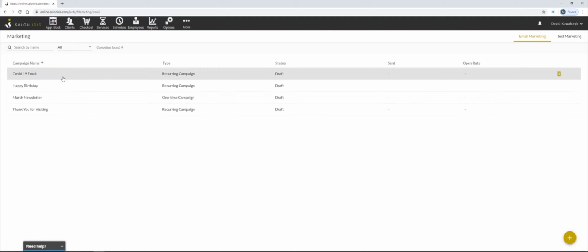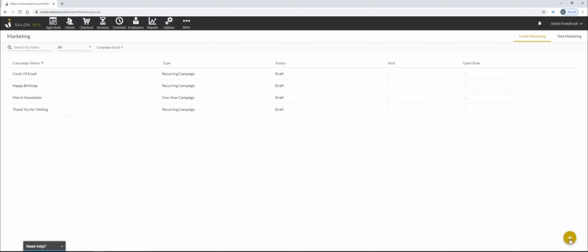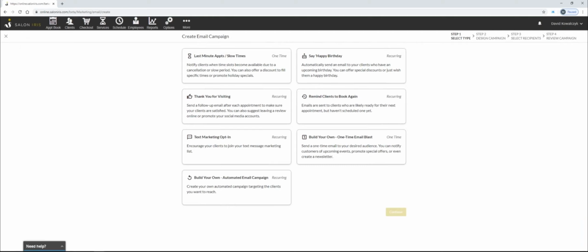So I've already kind of drafted up some emails for the sake of the webinar. However, I would like to address those and know how to edit those and go through the motions and complete those. Now, if you needed to add a brand new campaign, we would just click the plus sign in the bottom right-hand corner. By doing so, it's going to trigger, what kind of campaign are we looking to create? If you want to do a happy birthday, which would be recurring, every once a year, they'd automatically get an email in correlation with their birthday, and you could put a coupon or a link on there for $5 or $10 off.